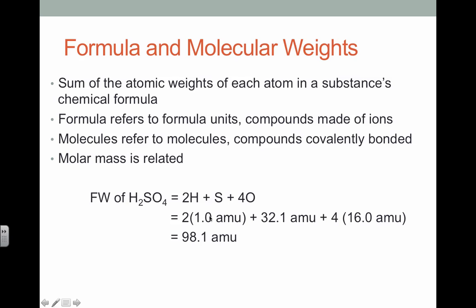atomic weight of each element that shows up in the formula, so for hydrogen it's about 1 AMU. These are all rounded, by the way, and typically we'll round to the nearest tenth of an AMU. For sulfur, it's 32.1, and for oxygen, it rounds to about 16. And then when you multiply and sum up the products, 98.1 AMUs is the formula weight of H2SO4. And so we'll be calculating formula weights for other things, and this is something we'll practice a little bit in